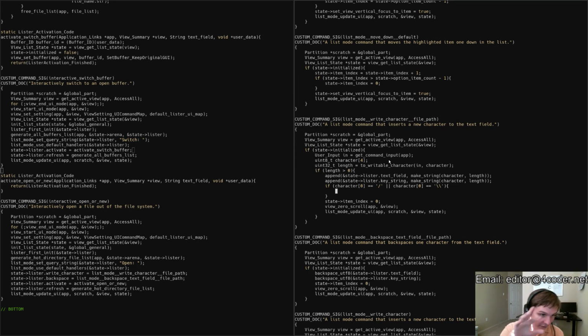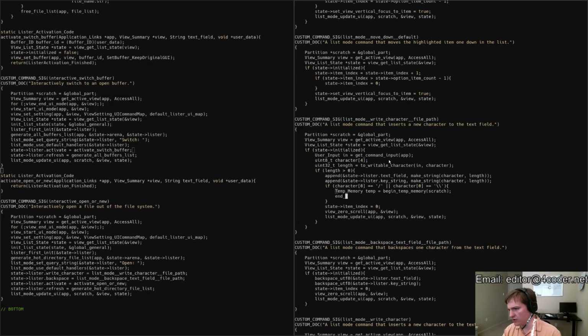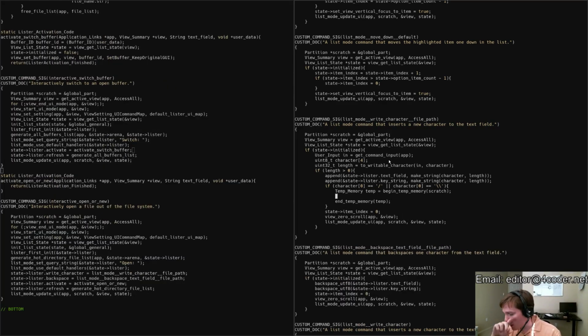Let's see, now I can't fully follow what this code says because it's not the same as what this code needs to do, but basically the idea goes something like this. We need a temp memory on that scratch arena, and then we want to make a new string that's new hot directory, which we get by